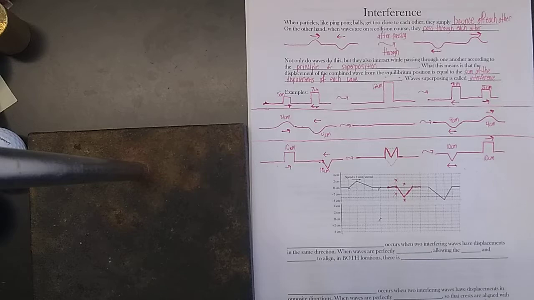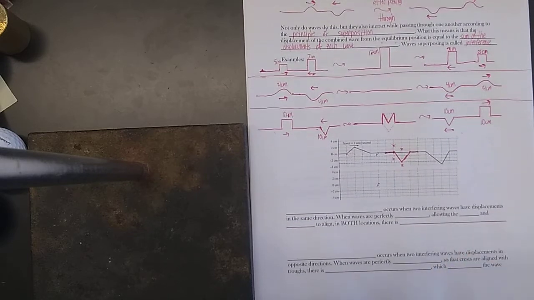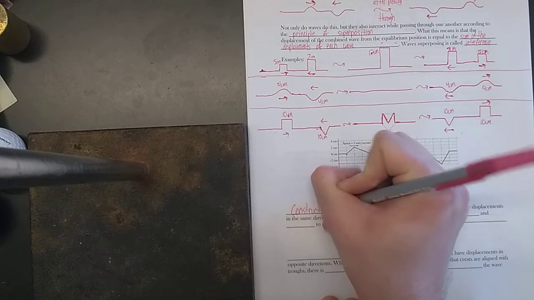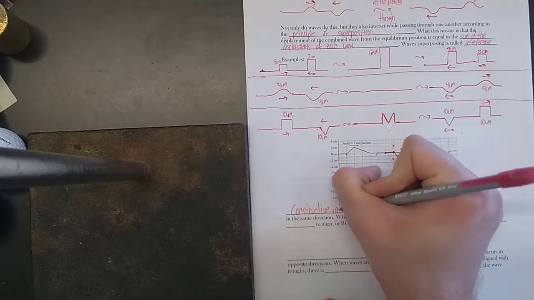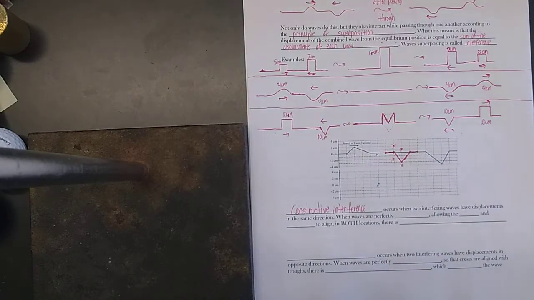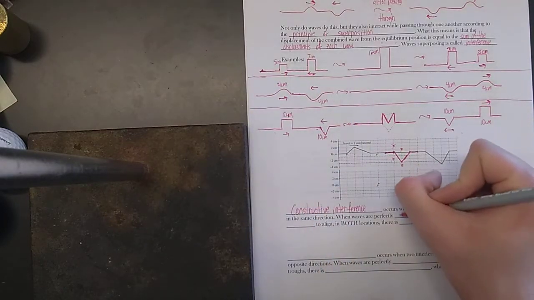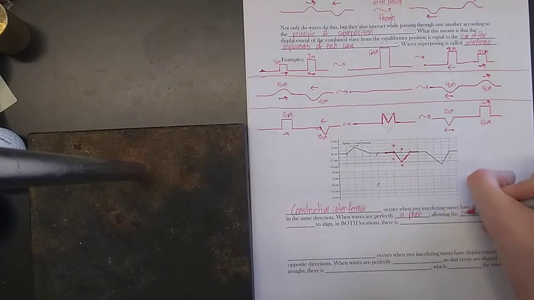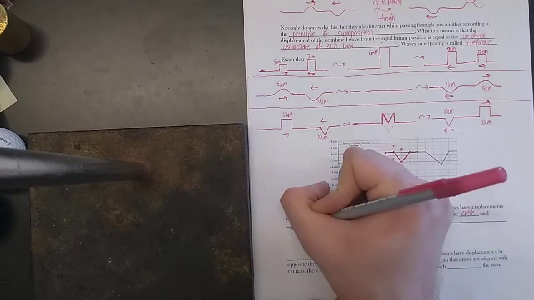Okay, a couple more things to talk about on the front here. Constructive interference. Constructive interference occurs when 2 interfering waves have displacements in the same direction, such as this example. Okay, their displacements are both positive. When waves are perfectly in phase, meaning they're perfectly overlapped, allowing the crests and the troughs to align